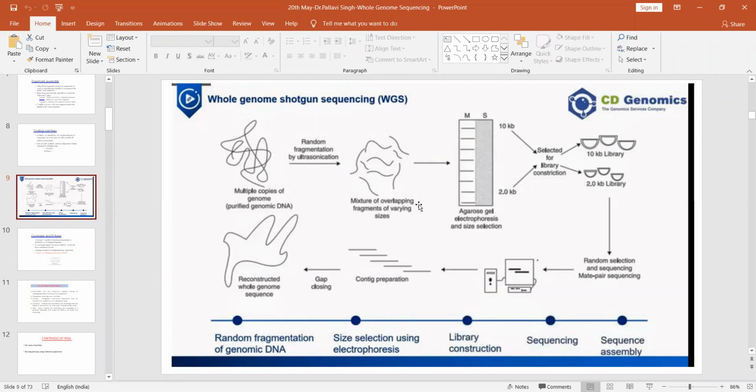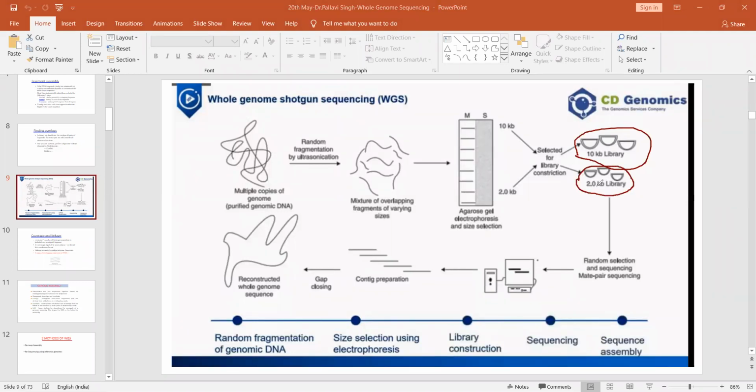For a library, we normally use BAC, bacterial artificial chromosome. We will insert the short DNA fragments of different sizes in these bacterial artificial chromosomes, and we will make two libraries. As you can see here, it has considered only two libraries, but in practice, we make many libraries. So the first library shown in the figure is of 10 kb size, 10 kilo base pairs, and the second library is of DNA fragments having the size of 2 kilo base pairs.